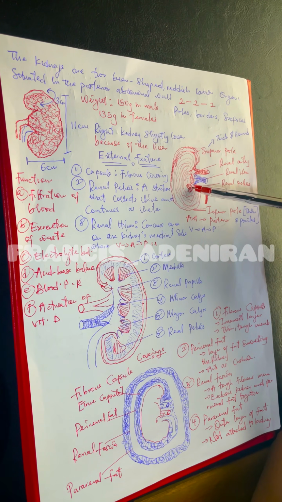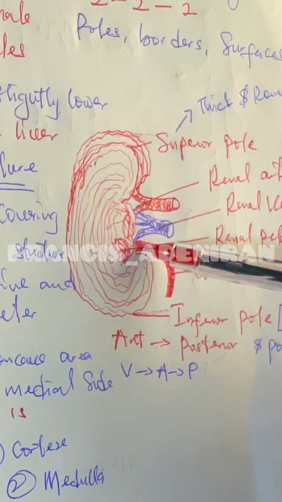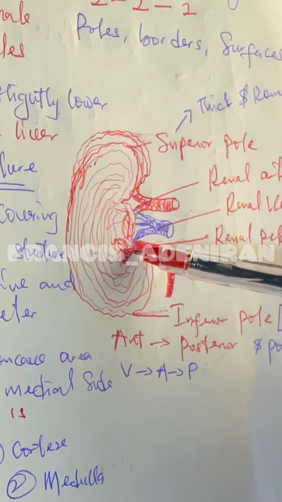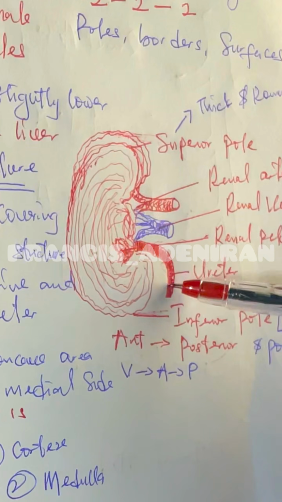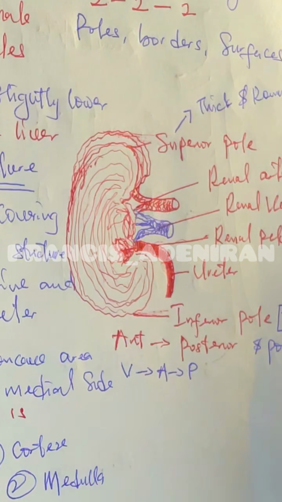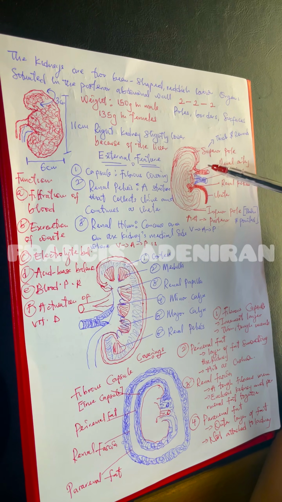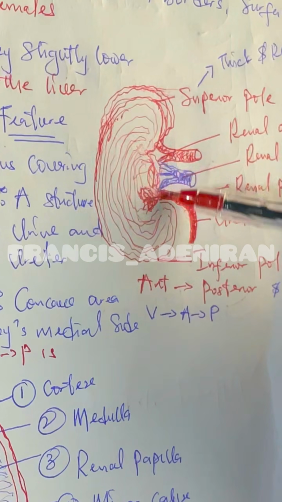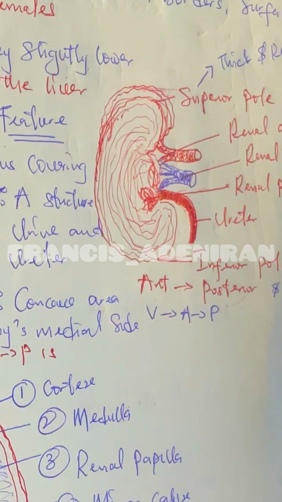Here is the renal pelvis, the structure labeled here. It is this structure that continues as the ureter, collects urine and transports it into the bladder. Now, the renal hilum is a concave area on the kidney's medial side, where you can find the renal vein, renal artery, and